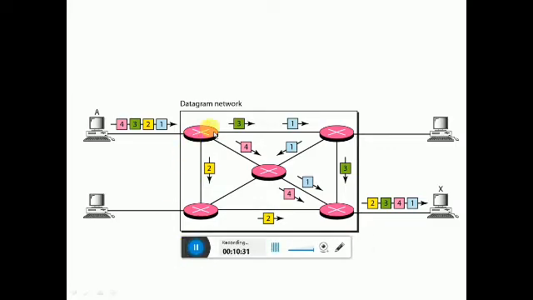Datagram networks are sometimes also called connectionless networks. The term connectionless means that the switch does not keep information about connection state. There are no setup and tear down phases here. Each packet is treated the same by the switch regardless of source or destination. In this type of